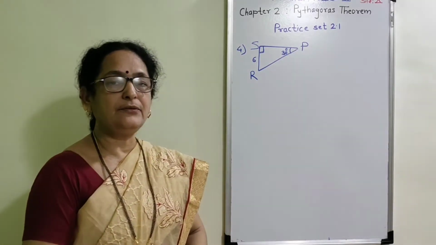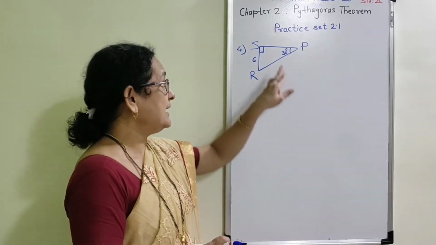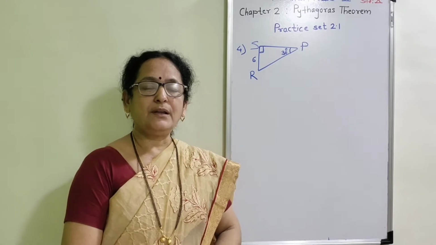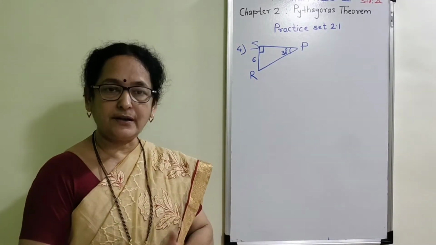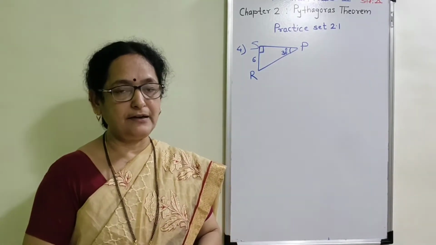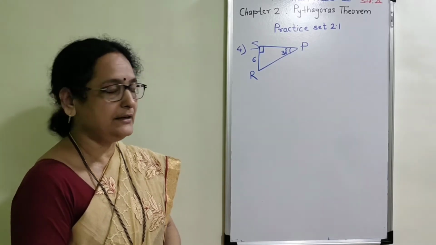Now here, this is the application of the 30, 60 and 90 degree theorem. But here in the figure, they have given the measures of only two angles, that S is 90 degree, P is 30 degree, and therefore the remaining angle R is 60 degree. First of all, determine that the given triangle is of 30, 60 and 90 degree, and then apply the theorem of 30, 60 and 90 degree.